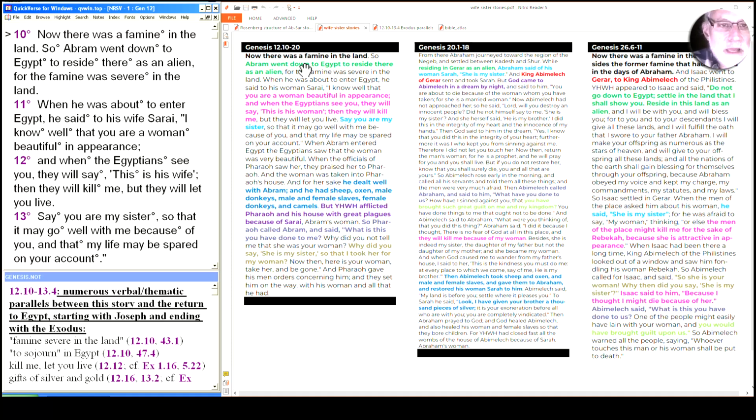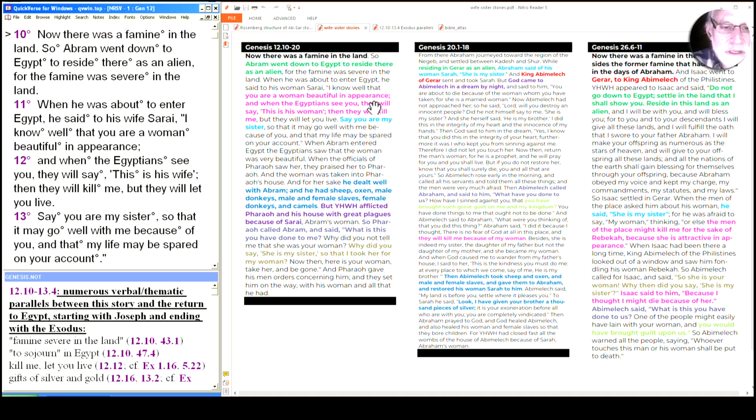The green part has to do with where they are, and although this one's in Egypt and the other two are in Gerar, they both say that Abram there is an alien or a stranger or a refugee, a migrant, depending on the translation, but these all have alien. So he went down to Egypt to reside there as an alien, whereas in chapter 20 it says he was already residing in Gerar as an alien, and we'll look at the map in just a second to get an idea of that. And then in chapter 26, Isaac went down to Gerar, and then is told explicitly by Yahweh, don't go down to Egypt, but settle in this land as an alien. So that's where we see that parallel there.